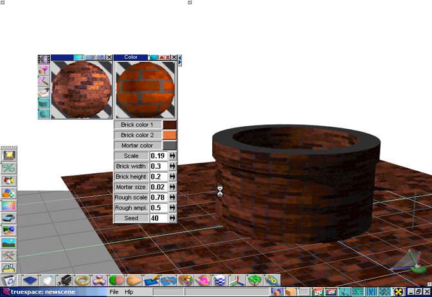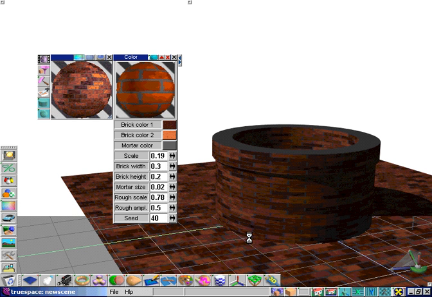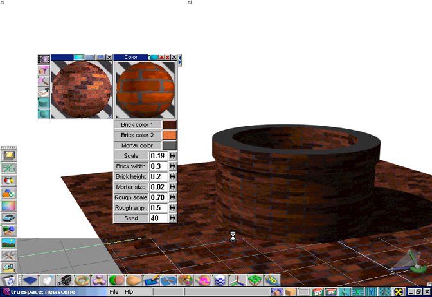There you go. The Wrap TextureBrick shader gives you a much more realistic looking brick for your scene. So we'll cancel that render and we'll learn more about the other brick shader in the following